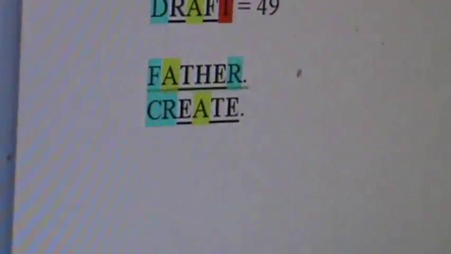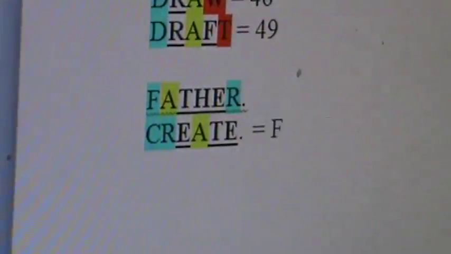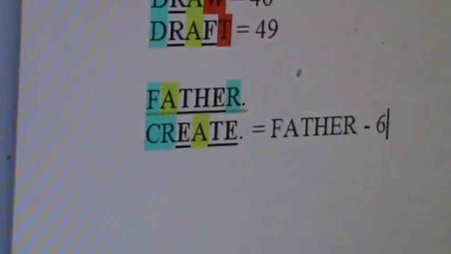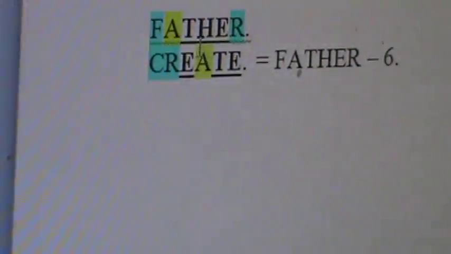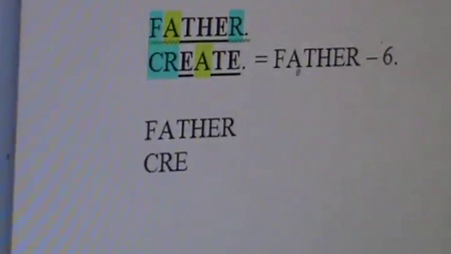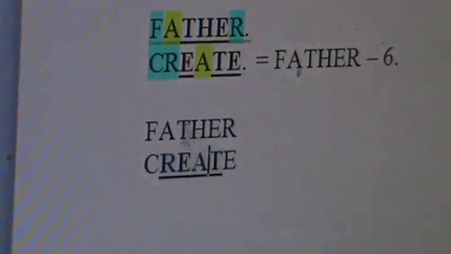Absolutely perfect. Don't you love perfect things? Well, if you love perfect things, you must study words, because words are perfect. So there it is. So what's the offset? Oh my gosh, an offset of 6s. So spend a little time and note these sixes, like an R is an R, an A is an A, an E is an E, a T is a T. Like, that's just silly. It's just silly who owns the word create. Just plain silly.